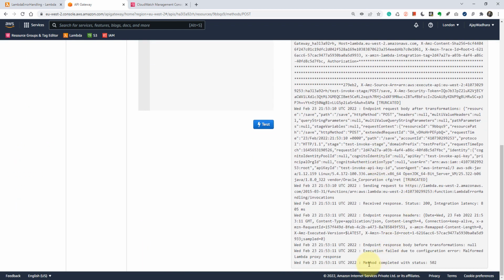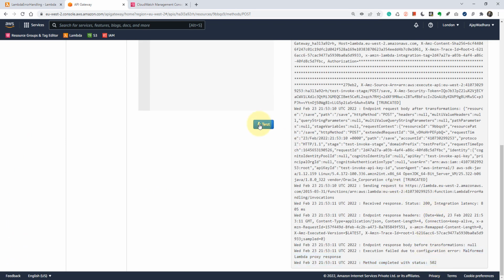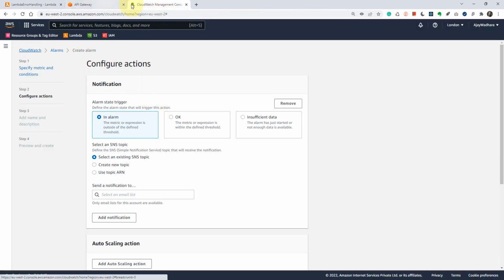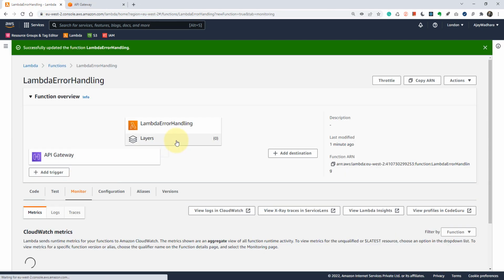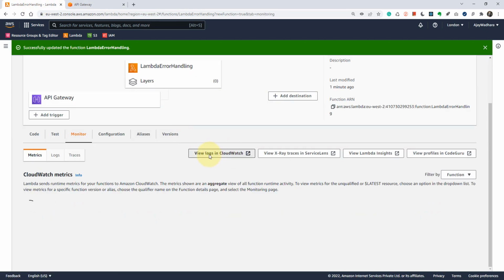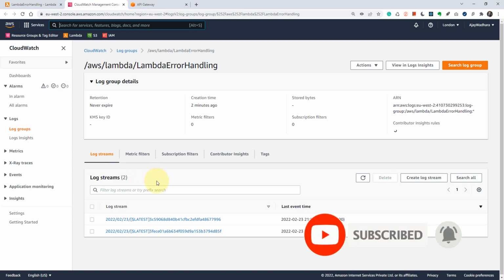So you can see here, we got malformed Lambda proxy response, and to get the details, we need to go to CloudWatch logs. So I can just go to my Lambda and click monitor and view logs in CloudWatch to directly go to that particular log stream. So I can choose the first one,